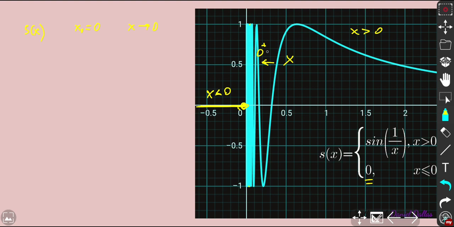And what's actually happening in this case? The function value basically commutes from -1, from this value to that value. And you cannot predict where it's going to be on every single step x, right? It might be minus 1 and 1 and somewhere in between. So basically this oscillates too much to have a limit, because again, there is no single limit L as x approaches 0. So the value basically every time changes between -1 and 1. So that means